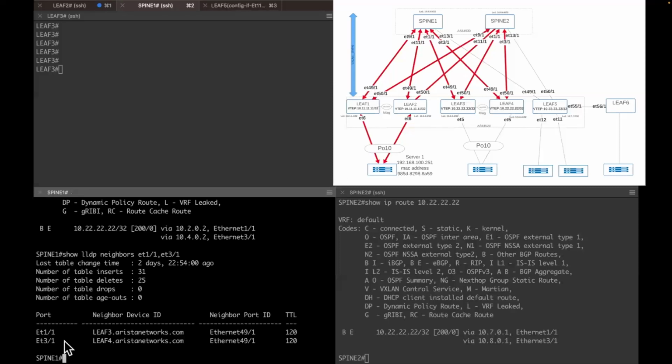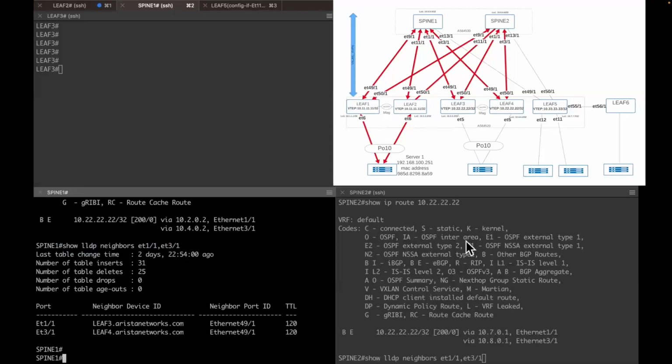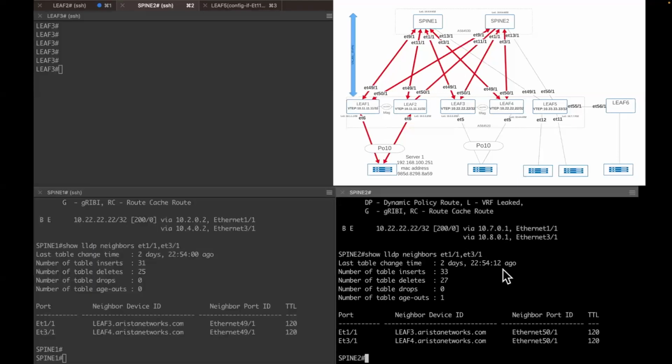Okay, so we get to see on the spine, based on the ECMP path, it can either forward the packet over to leaf 3 or leaf 4. The same appears to be true for spine 2 as well, so it can either forward the packet to leaf 3 or leaf 4. So now it's time for us to check on leaf 3 and leaf 4 to complete the path trace